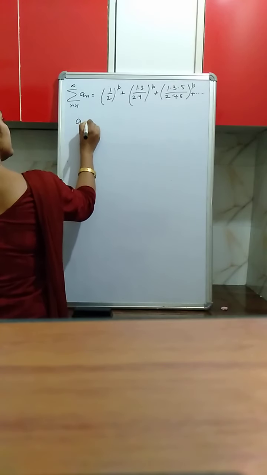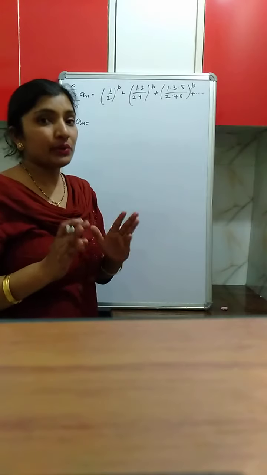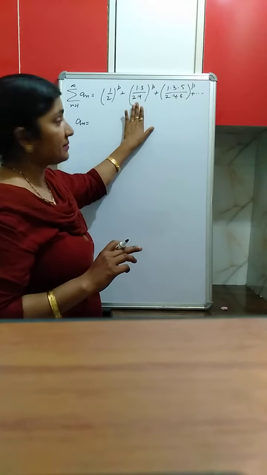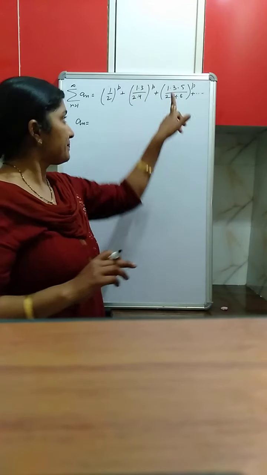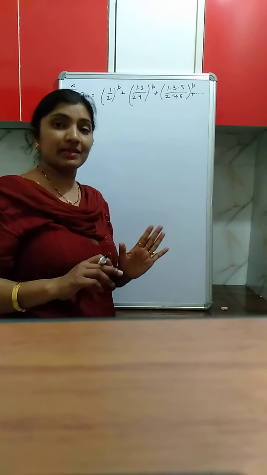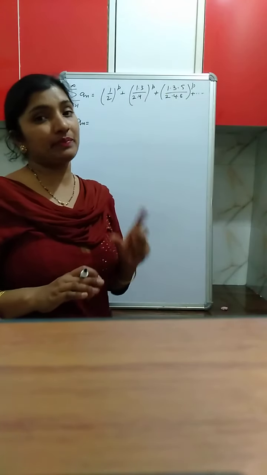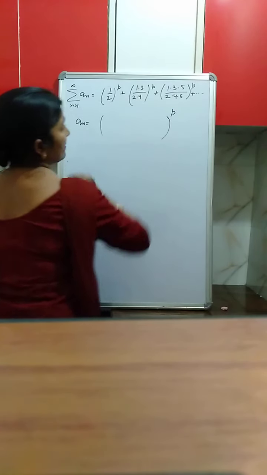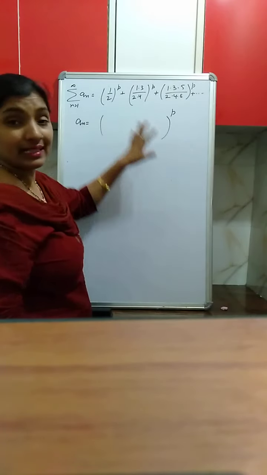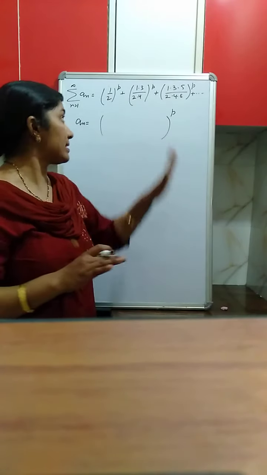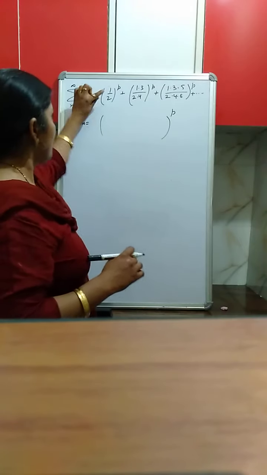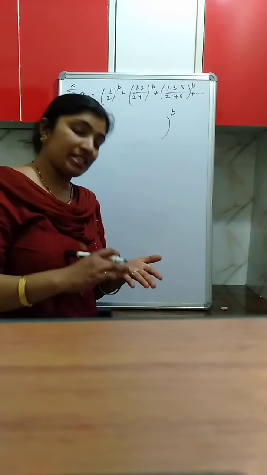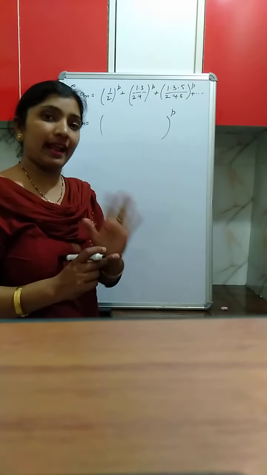Then what is an? Clearly, if we want to calculate an, see, in the first term the numerator and denominator have one term. In the second term, numerator and denominator have two terms. In the third, numerator and denominator have three terms, and in every term the power is p. So whatever the expression is, the power is p. And in the nth term, numerator and denominator both have n terms. See, one term, two terms, three terms. So in the nth term, the numerator as well as the denominator contain n terms.